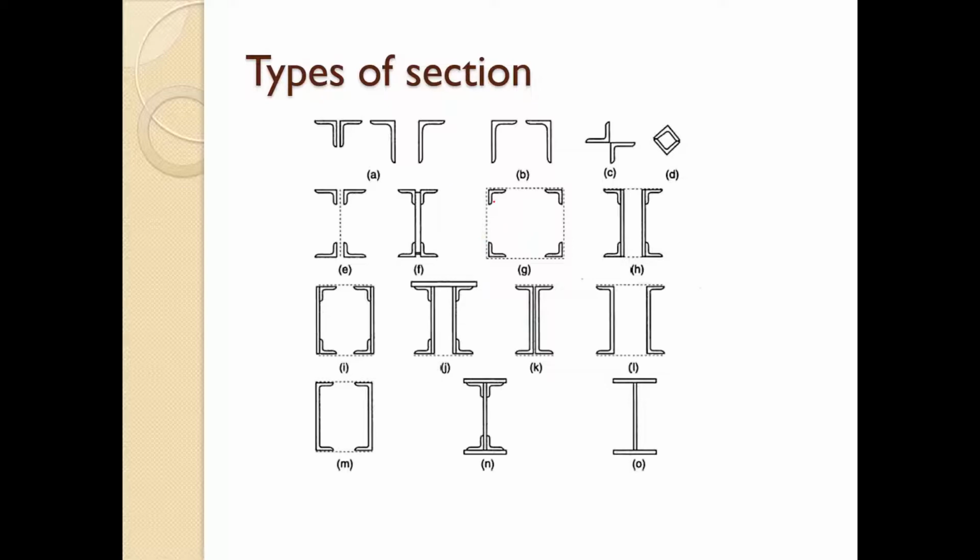The built-up section is used because sometimes single angles or single I sections are not sufficient. So for that we have to go for these built-up sections. Either this or these are all some kind of built-up sections. So how to design a built-up section, how to choose the shape for the built-up sections, and then how to connect these things by lacing, battening, etc. All these things we are going to learn in coming lectures.